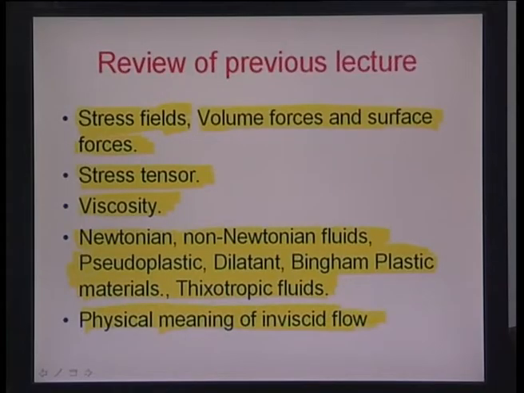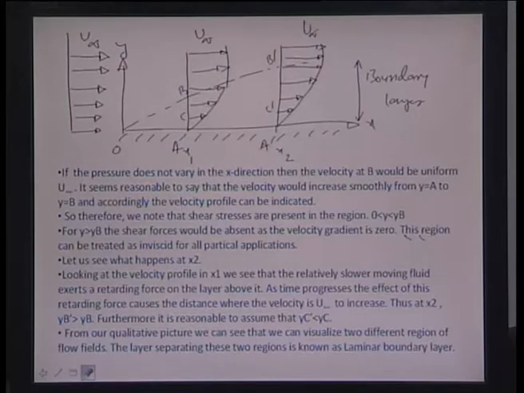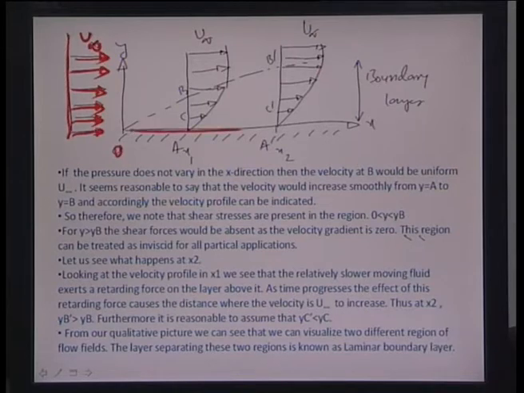Let us go ahead and look at a little more of what really happens when the flow meets a flat plate. So we were talking about a flow coming in the x direction with a uniform velocity, let us say u infinity, as you can see here, and a flat plate being positioned in the OX direction. And then we were talking about 2 points A and A dash, which were represented as x1 and x2 on the x coordinate. So some conclusions about this process: the pressure does not vary in the x direction, and the velocity at B would be uniform u infinity,